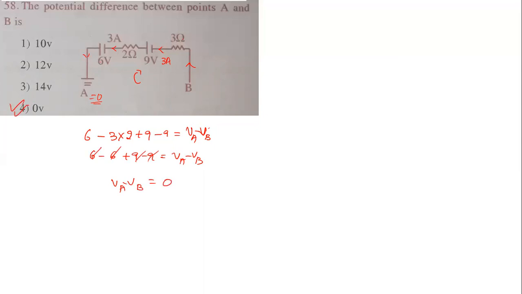Okay, so the thing is you should know how to apply this properly. Again, if they give any 2 points, for the potential difference between those 2 points, whichever point you take first, you start from there, and whichever point you end at, that is the last point. Okay, is it clear? So now we'll go on to the next question.